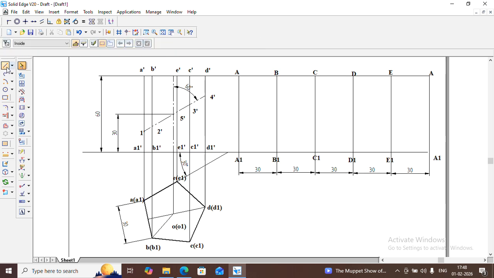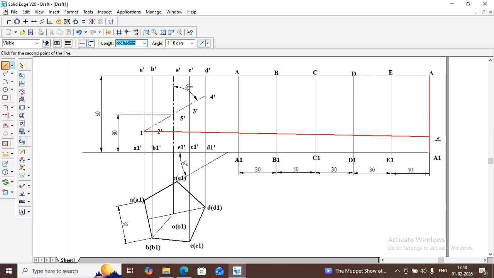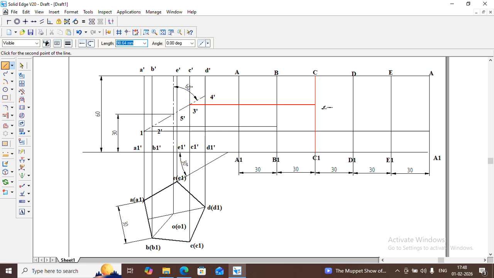Okay, now from 1, draw 1 dash, draw projection line till AA1. From 2, till you need to draw B. Then from 3 to C. From 4 to D. Okay, from 5,